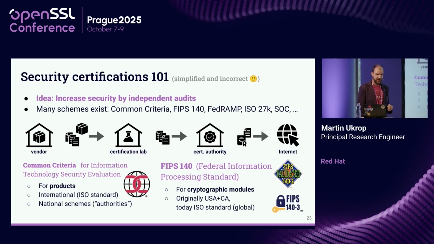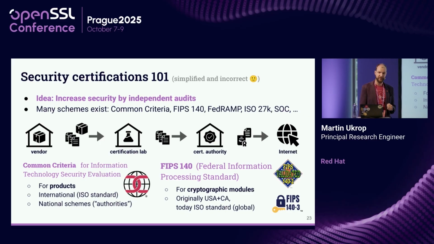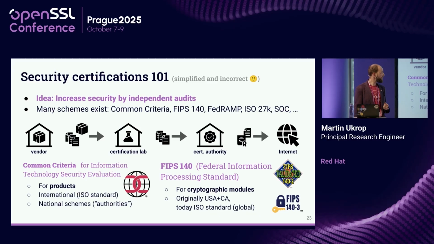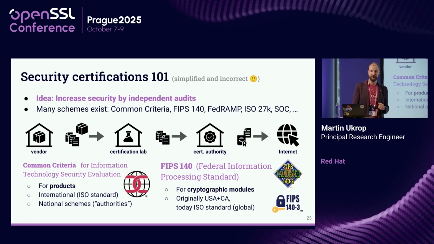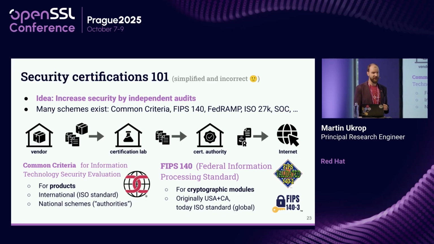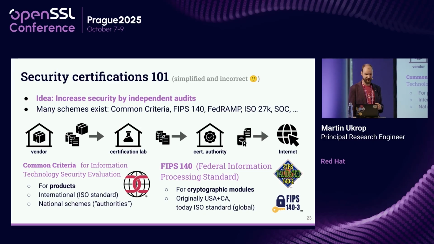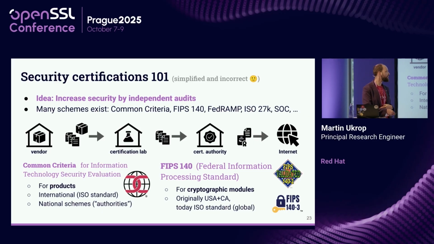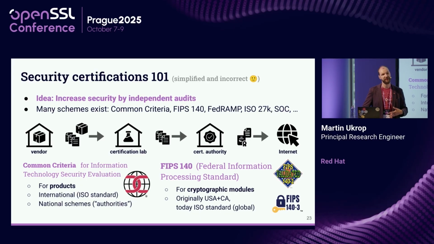During the talk, we'll be talking about two certification schemes in particular. It will be Common Criteria and FIPS 140. Both are global, although FIPS 140 was originally devised as a North American scheme. And the core difference is that Common Criteria is for products, while FIPS 140 is for cryptographic modules, so more crypto-focused things and smaller and not necessarily finalized in a product state. So OpenSSL itself has a FIPS certificate, but it doesn't have a Common Criteria certificate because OpenSSL is just a